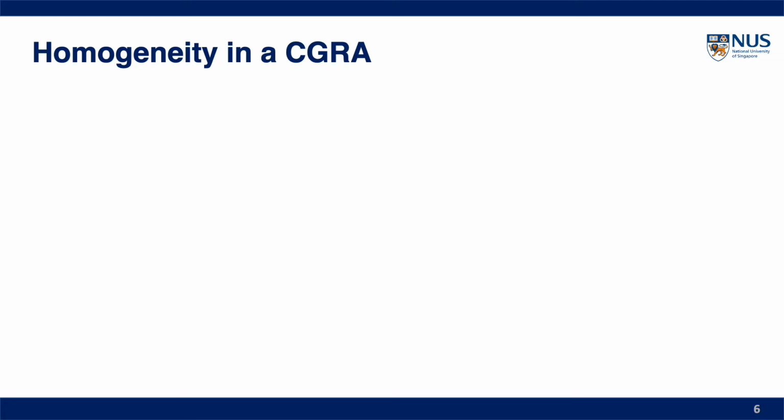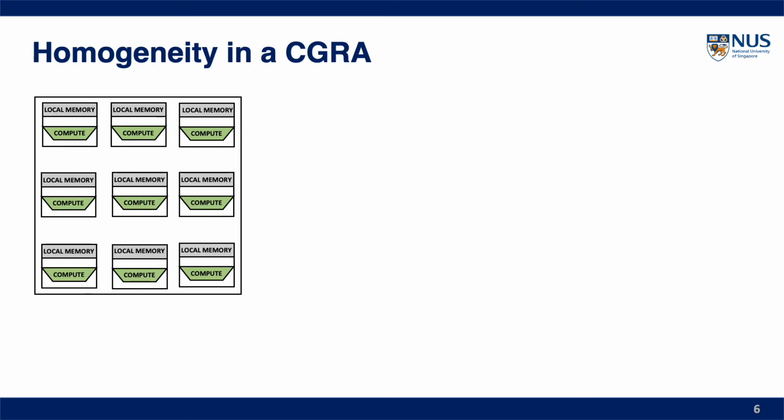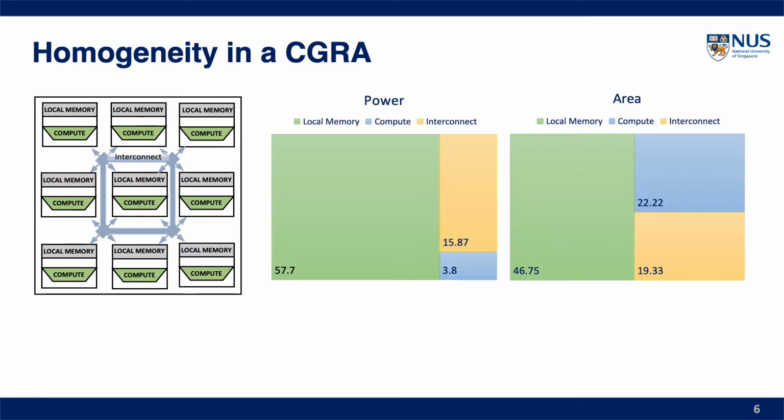Now let's explore the homogeneity in a CGRA and its impacts. Traditionally, CGRAs are homogeneous in nature. It has a uniform distribution of compute units, uniform local storage, and a network providing equal bandwidth to each of the PEs. We carried out an experiment to see the resource distribution of traditional CGRAs and how much of the resources